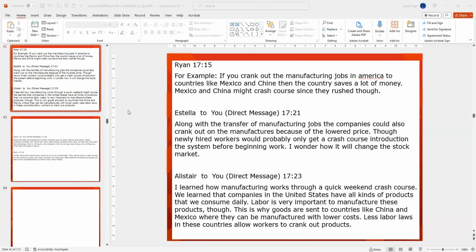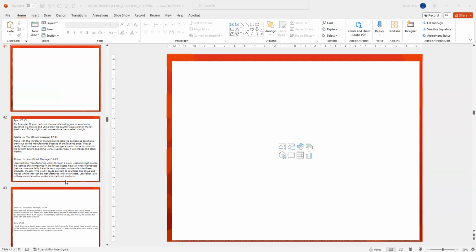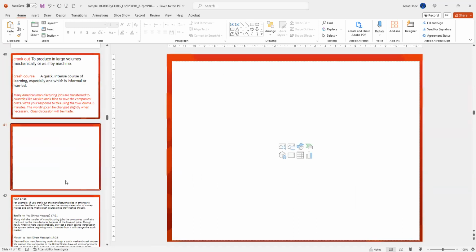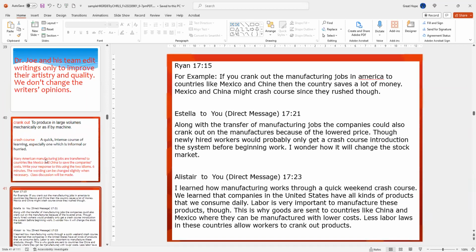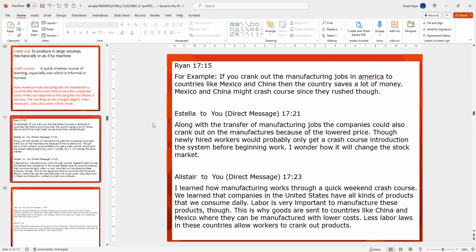Okay, let's start the discussion. The first one by Ryan: if you crank out the manufacturing job in America to countries like Mexico and chain... Remember, let's take a quick look here so we can have a good example. First, remember, crank out means you produce a large volume, and crash course means something you learn quickly. Then we compare the example used by Ryan. If you crank out the management job in America, remember it's a large uppercase, in America,